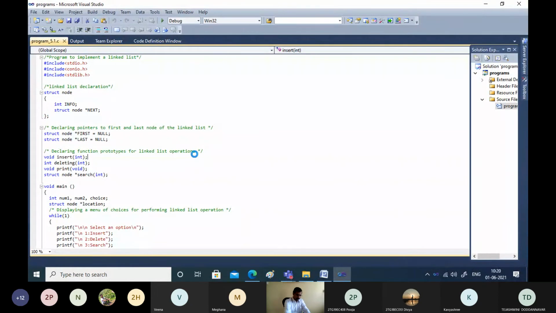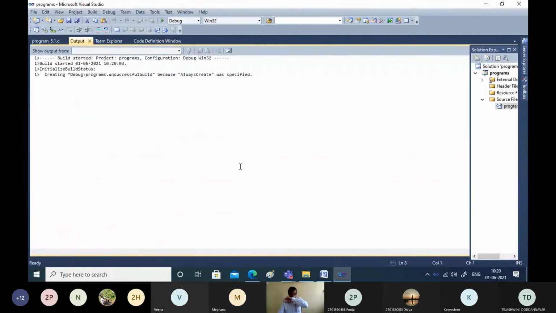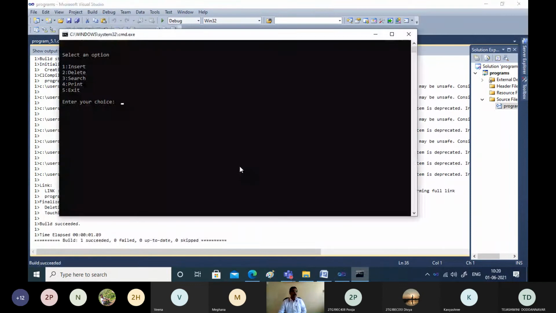Okay, just run the program. We are just trying to perform different operations on the linked list. What is that? 1 for insert, 2 for delete, 3 for search, 4 for display or print, and 5 for exit.